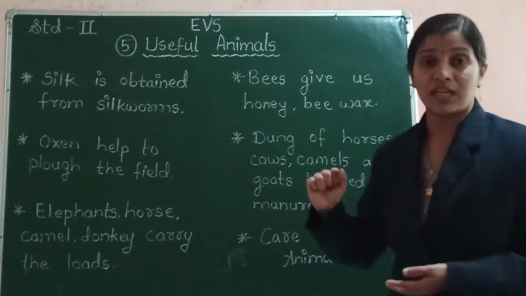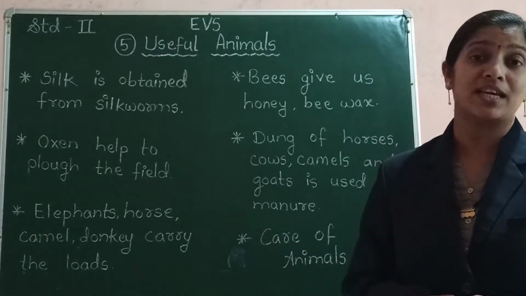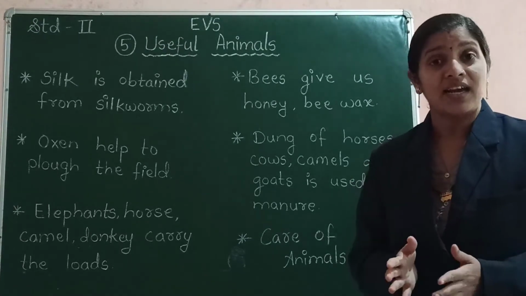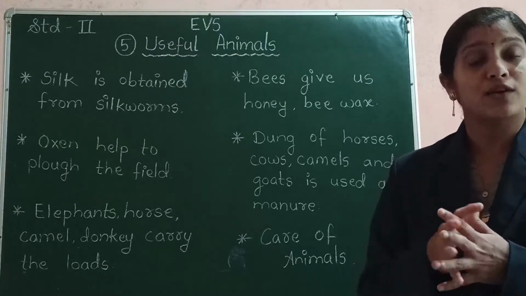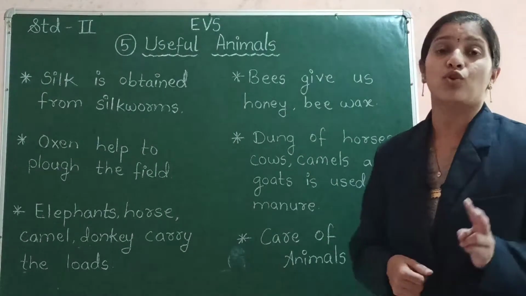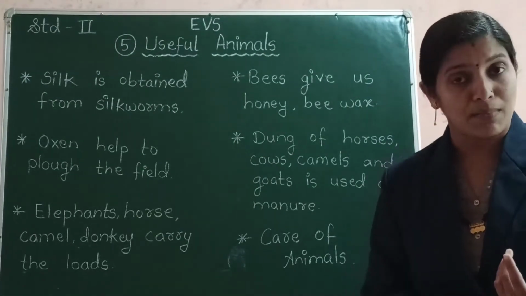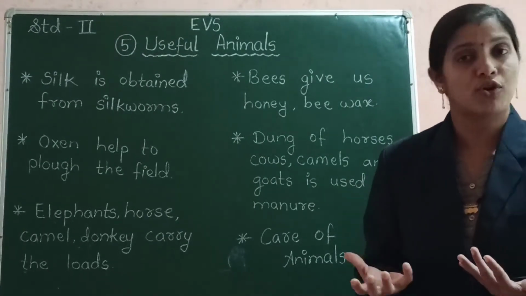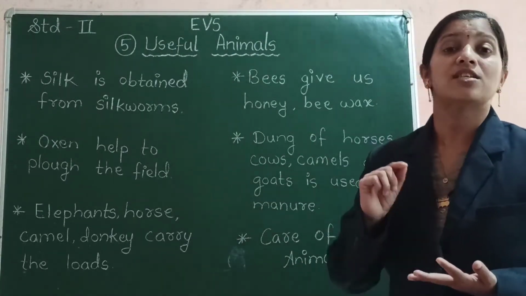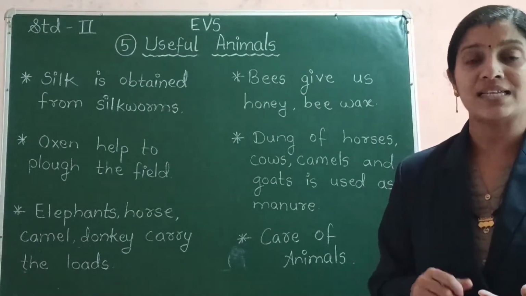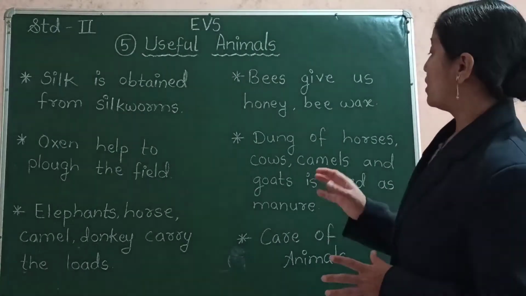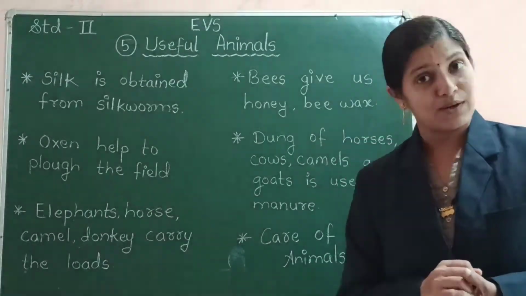Also the dung of the cows is used in making flat and round cakes, and these are dried and then they are used as firewood for burning the chulhas. So the dung is useful in two ways. It is used as a manure to increase the fertility and productivity of the soil. Also, after drying of the dung, it is used as firewood to burn the chulhas, and food is prepared on the chulhas.